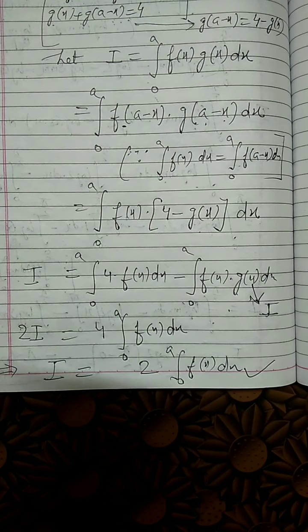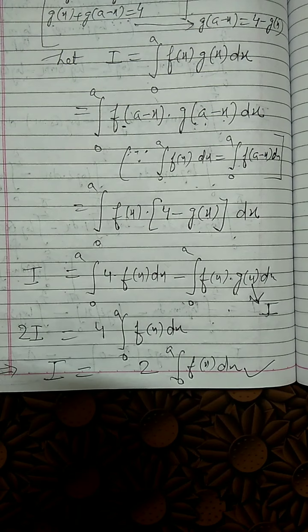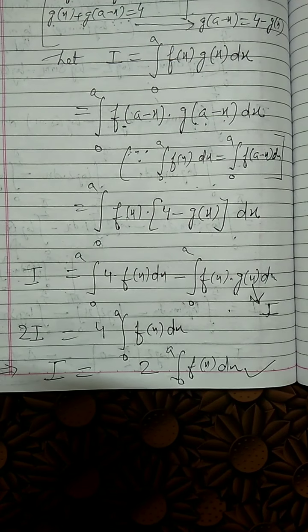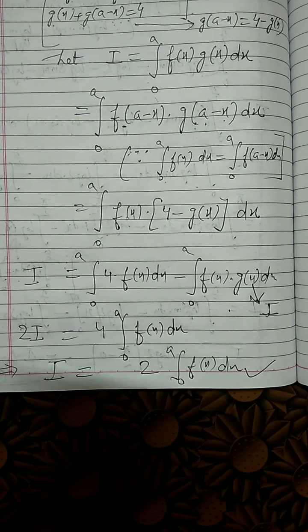Sum number 20 and 21, these two are MCQ sums. If you observe, in this sum the limits are minus pi by 2 to pi by 2. So this integral is based upon the property of the integral from minus a to a of f(x) dx. Here we will check whether the function is even or odd. If it is an even function, then it will become 2 times the given integral, with the limits becoming 0 to pi by 2. And if it is an odd function, then directly our answer will be 0.